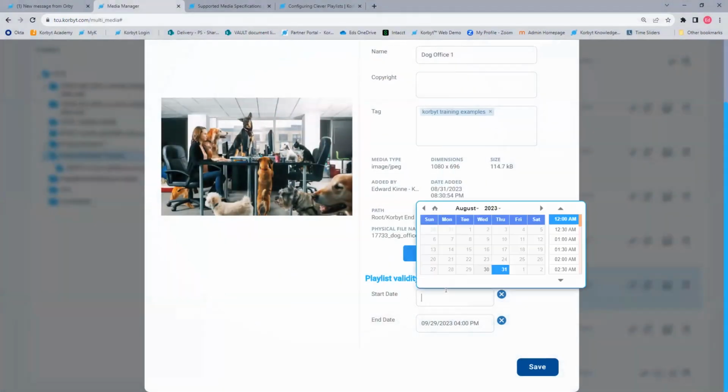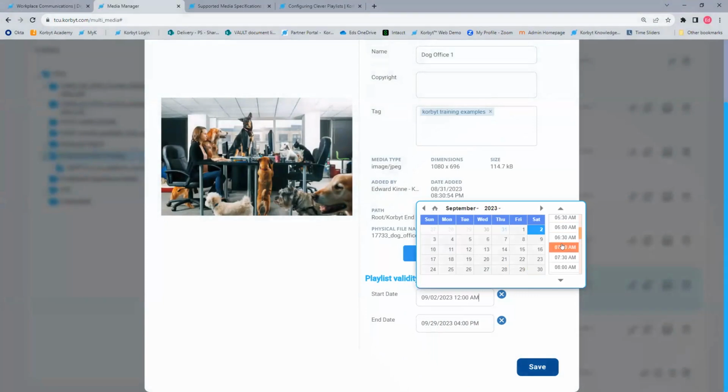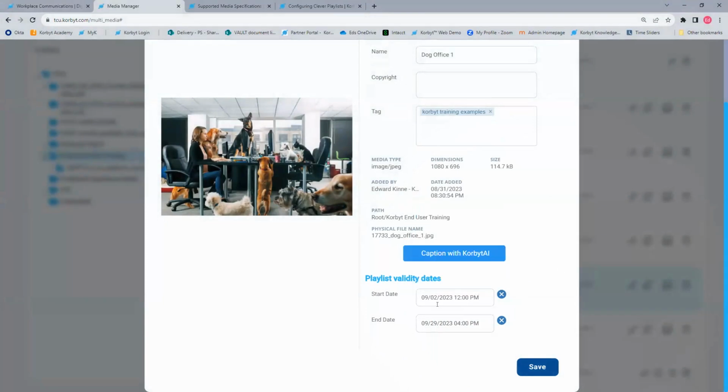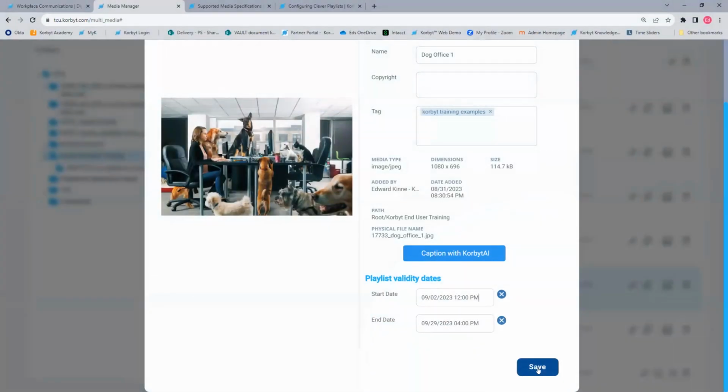Same with start date. So like, we're still working out some of the details. We can't announce it, but we should be able to announce it on Saturday. So it should be able to start being seen Saturday at noon. Well, I'm not going to get into the system on Saturday at noon. So I'm going to tell the item, you should start being valid to be seen Saturday the 2nd at noon. The event's the 29th at 4 o'clock. Stop showing then.